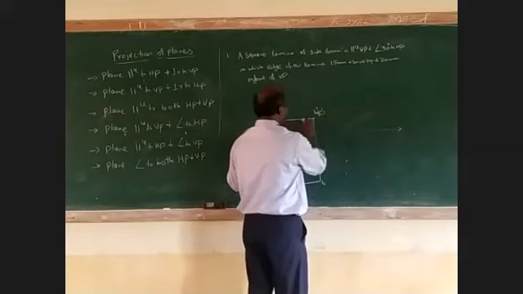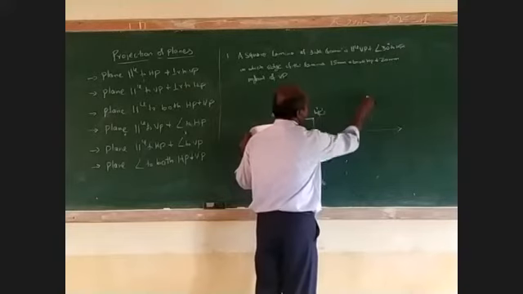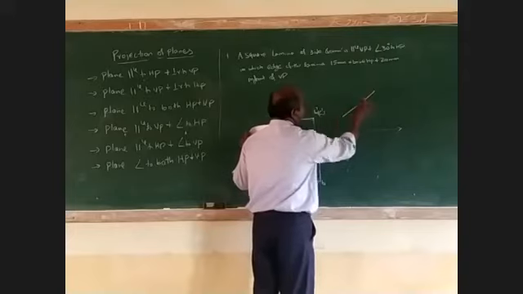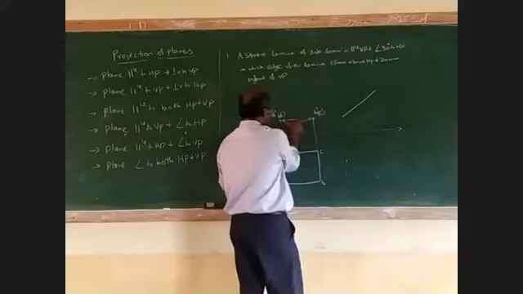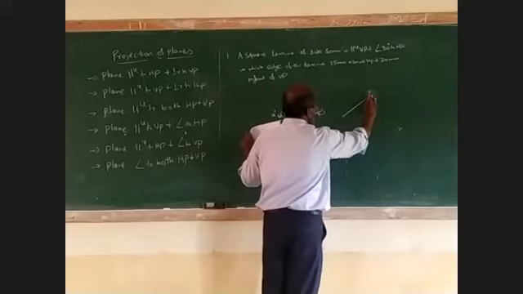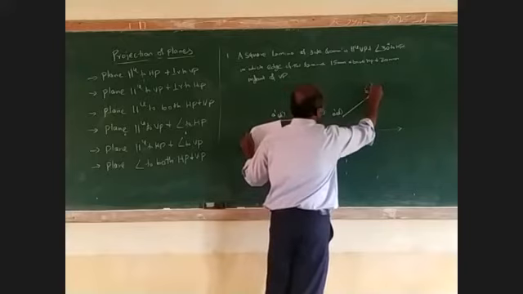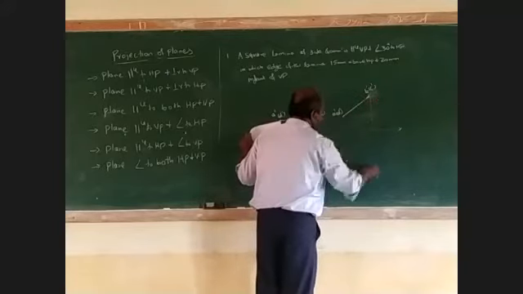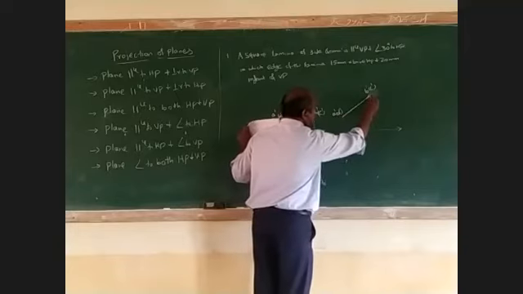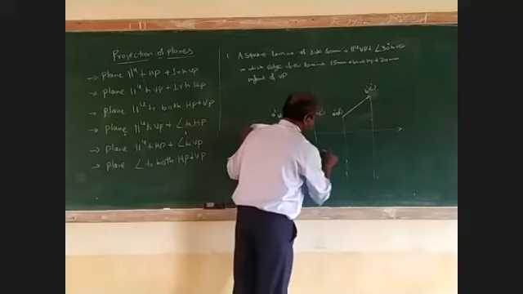From here, this line, this edge, is inclined. What is the inclination? 30 degree. If it is inclined 30 degree, the same line, you have to make the inclination and mark it as A dash within bracket D dash, here B dash within bracket C dash. Then you draw a line parallel to it. From here you have to draw perpendicular lines, and here you draw a line parallel to the reference line.